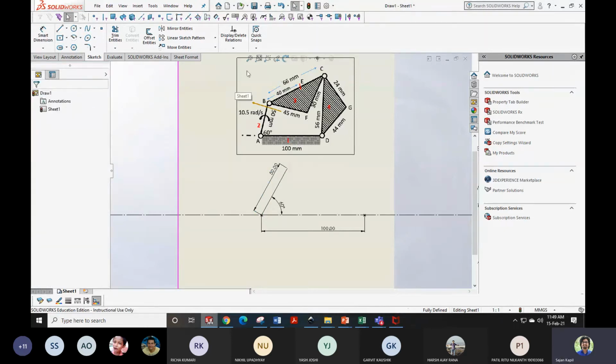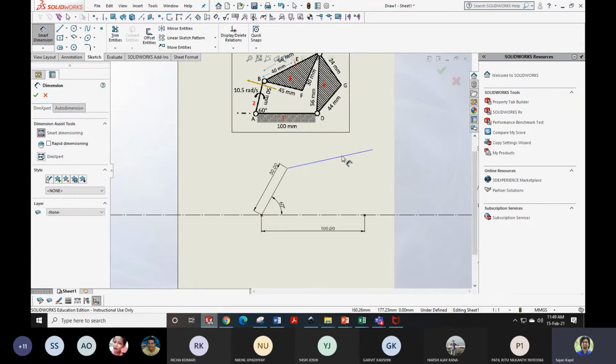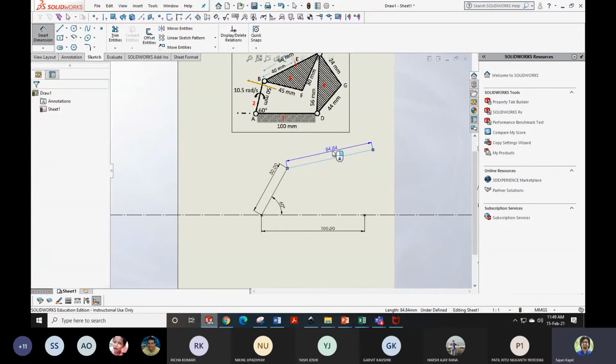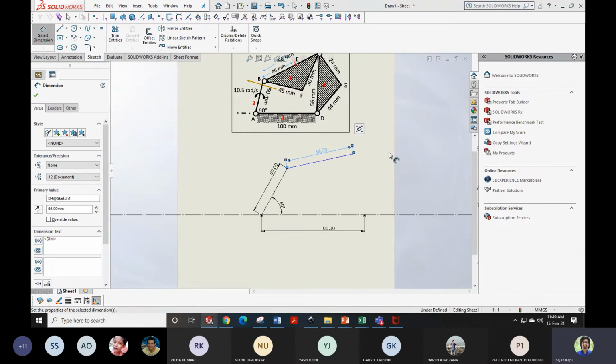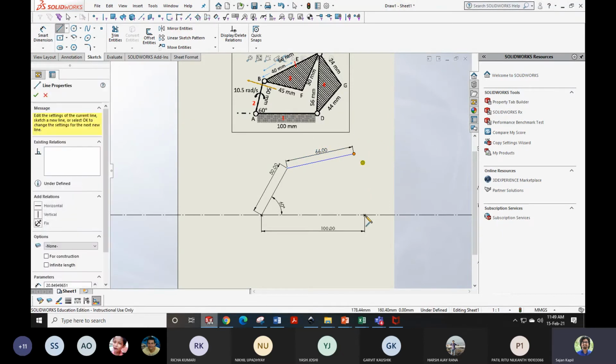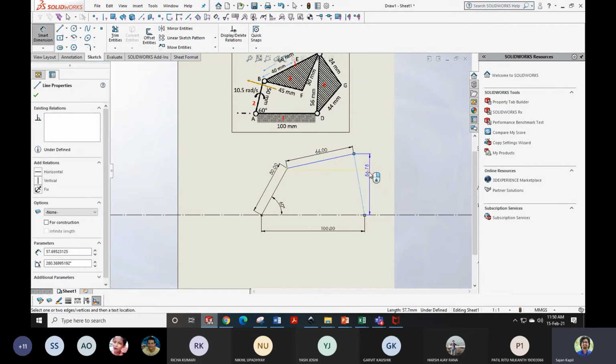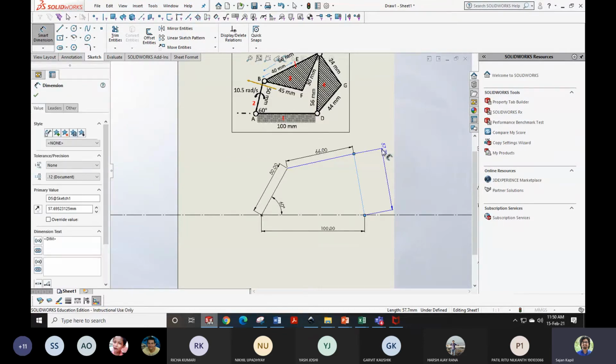Then there is a point C at a distance of 66 mm away from here. So this is my point, 66 mm away from here. This is 66. Okay, and then there is another link connecting with this, and the length is also given to us, that is 56. You can do that by drawing two arcs from these two known points, point B and point D. You can do that easily.